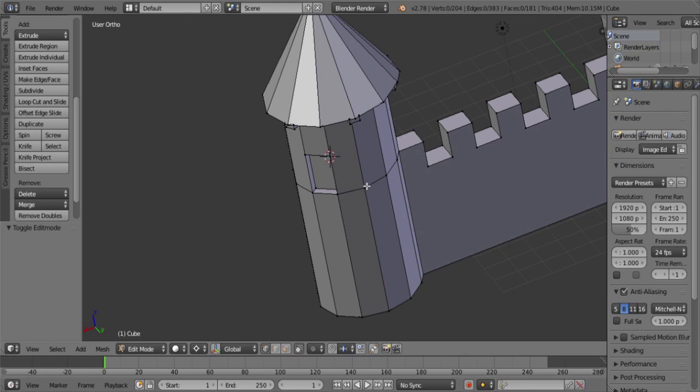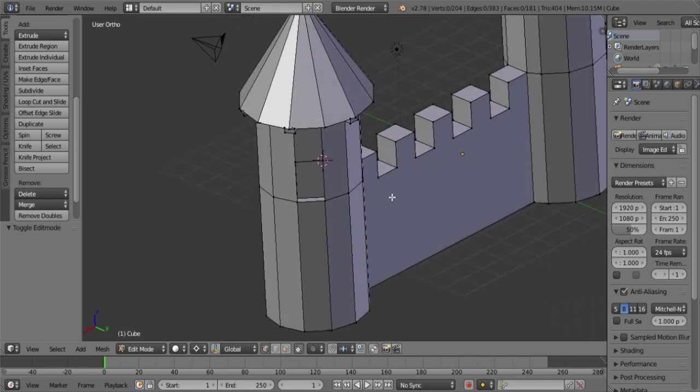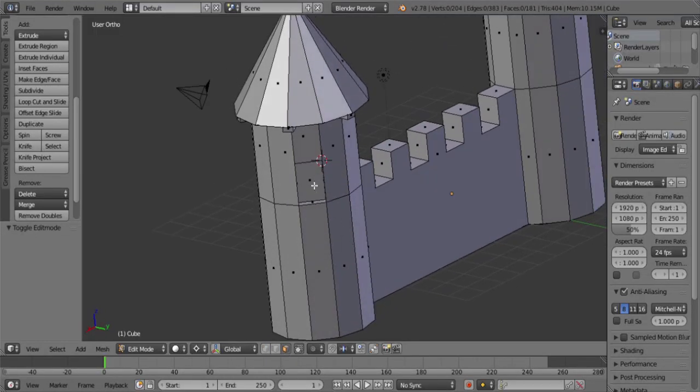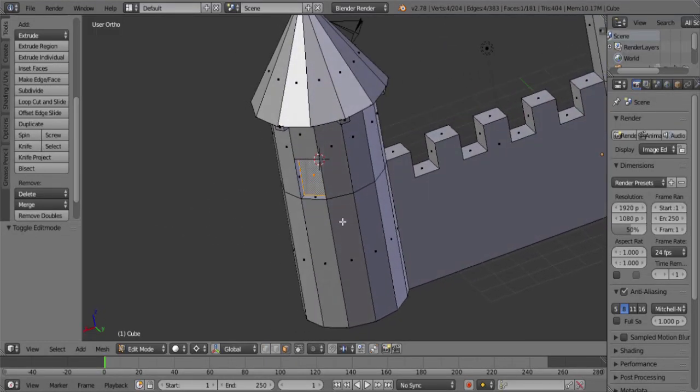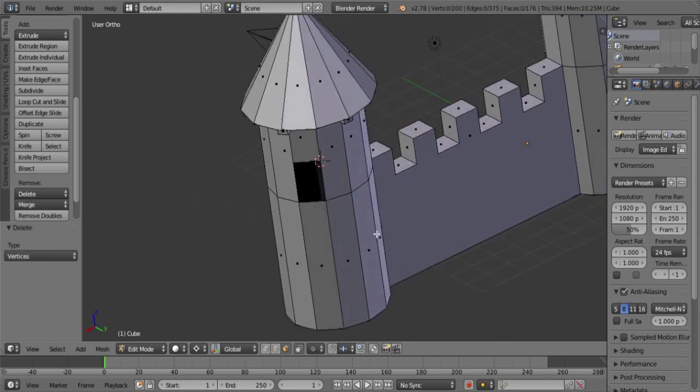And I'm going to introduce you to another tool, which is proportional editing. First of all, I'm going to remove this one. I'm going to face selection. I'm going to right click this one and press delete vertices. So this window is gone. I'm going to select